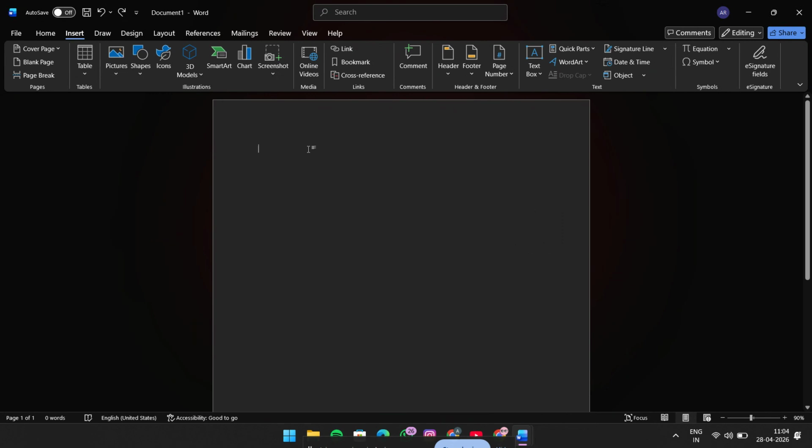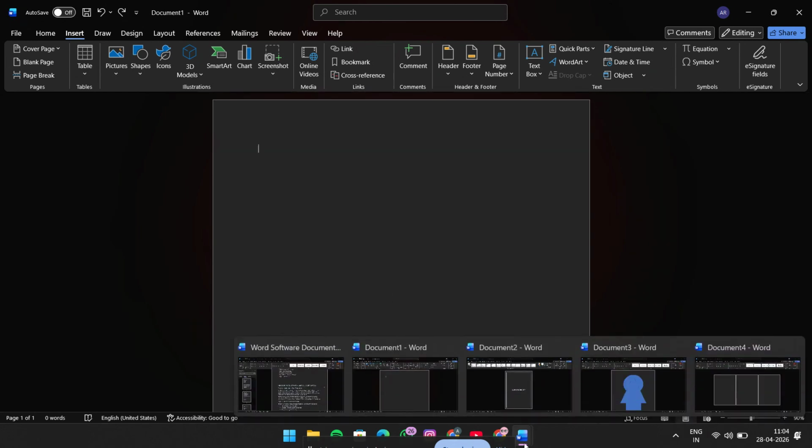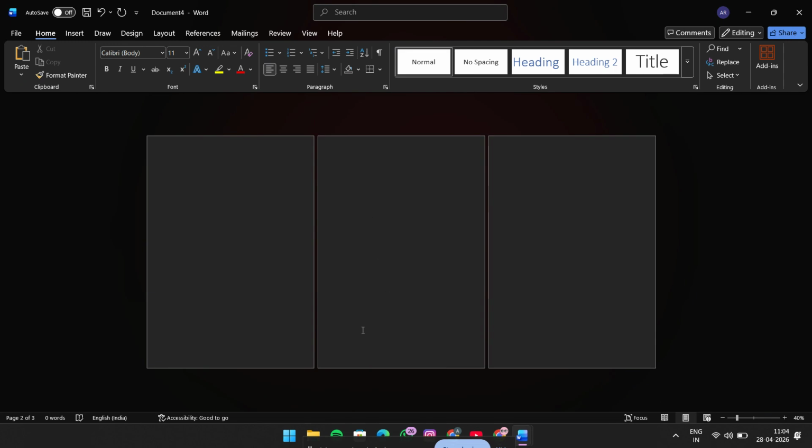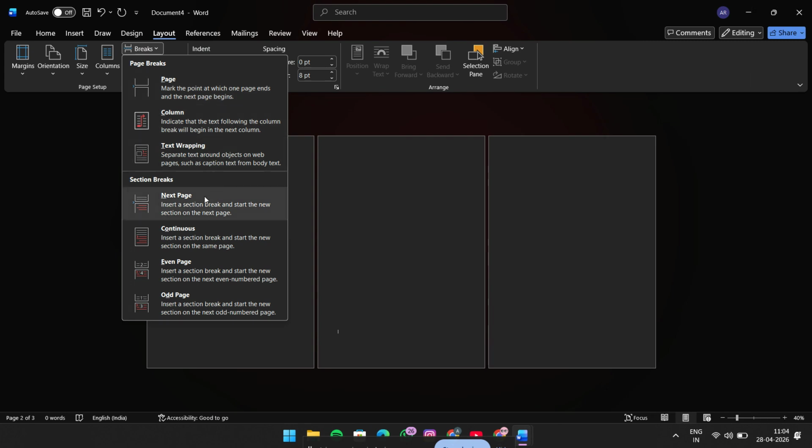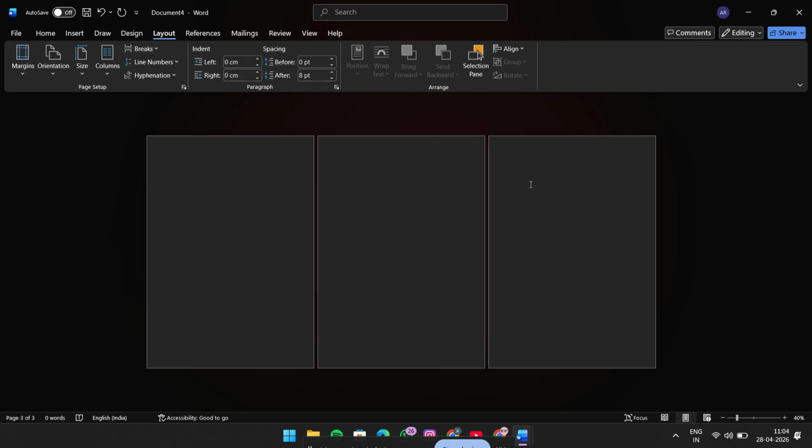First, open your Word document and scroll all the way to the end of the second to last page. This part is important because the goal is to separate the last page from the rest of the document. Once you are at the end of that page, go up to the top menu and click Layout. Then choose Breaks, and under Section Breaks, click Next Page. This creates a new section starting on the final page, which is what allows you to use a different footer